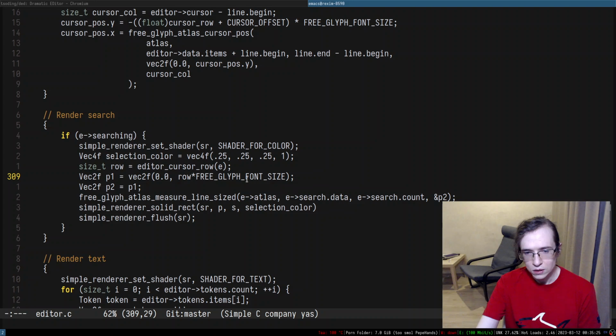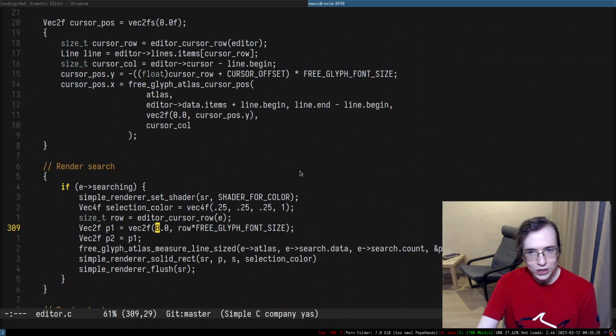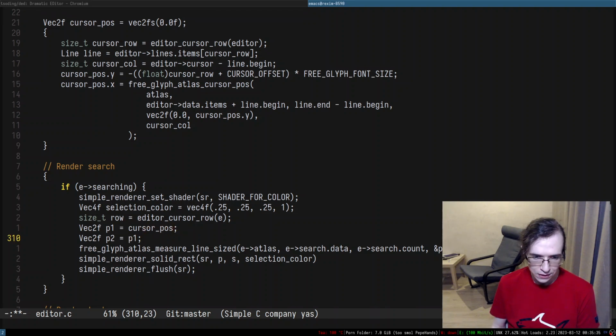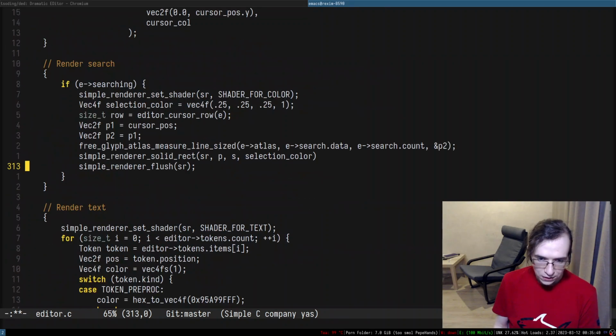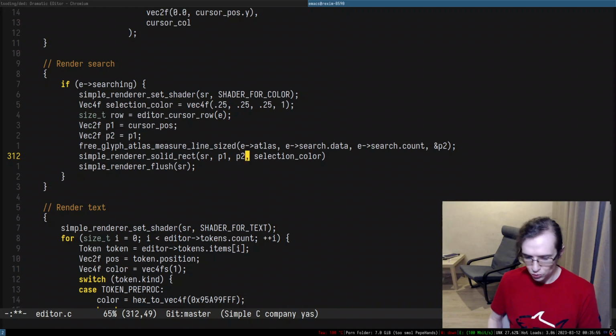Okay. So, which actually effectively means that we're starting at cursor position, right? We're starting at cursor position. Then we're rendering the current search thing in here, which updates P2, right? It updates P2. And there we go. I think we have everything we need to actually render this entire stuff, right? So let's go ahead and do that. So we're starting at P1, but then we're not going to be using P2 because essentially what we have,